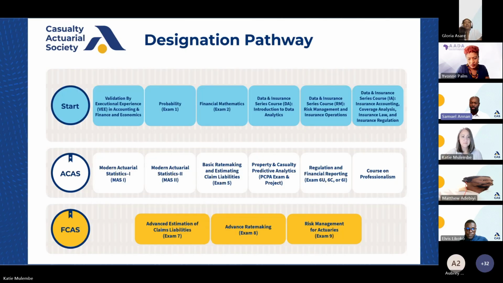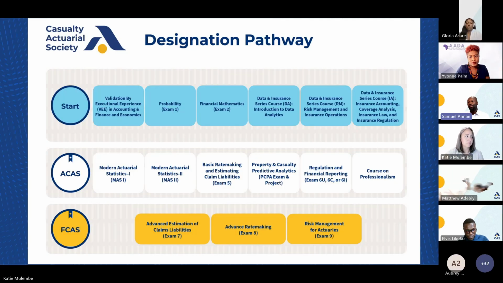Now, to become a member, we have 2 levels. We have the associateship, or the ACAS, and the fellowship, the FCAS. The ACAS is where the bulk of the education and exams occur. Once you're an ACAS, you're a bona fide actuary and you are a credentialed member of the CAS. And so you have